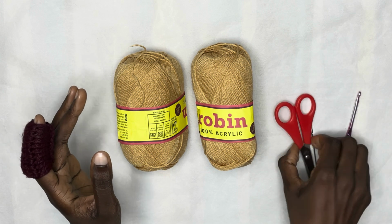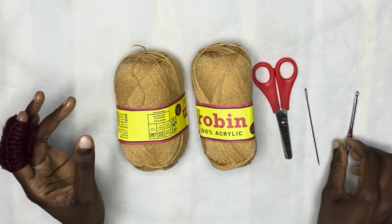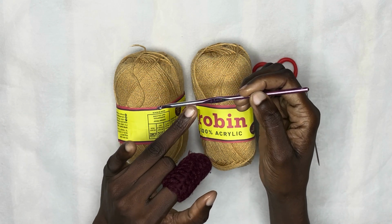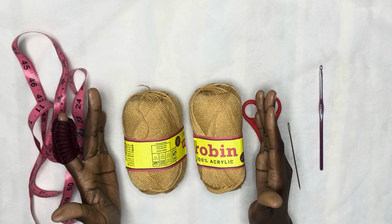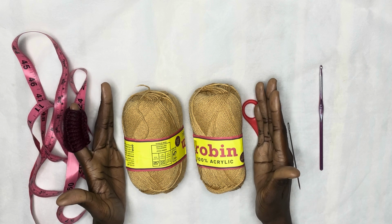And you will need a scissor, a needle, and I'll be using a 4.5mm hook for this tutorial. Also need a tape measure. We'll be making a crochet cardigan with a back panel of 21 inches, and the cardigan will be worked in